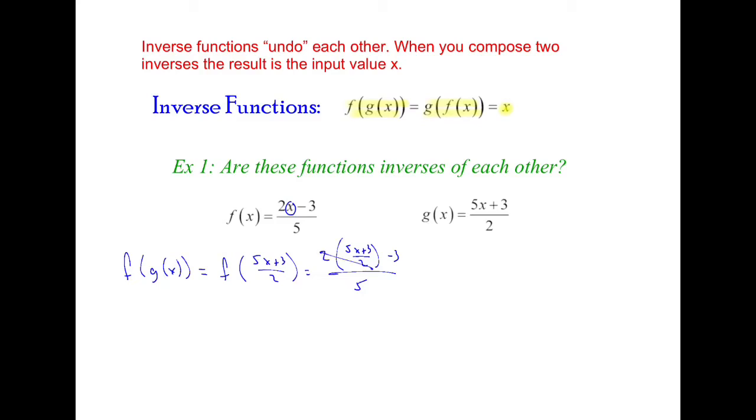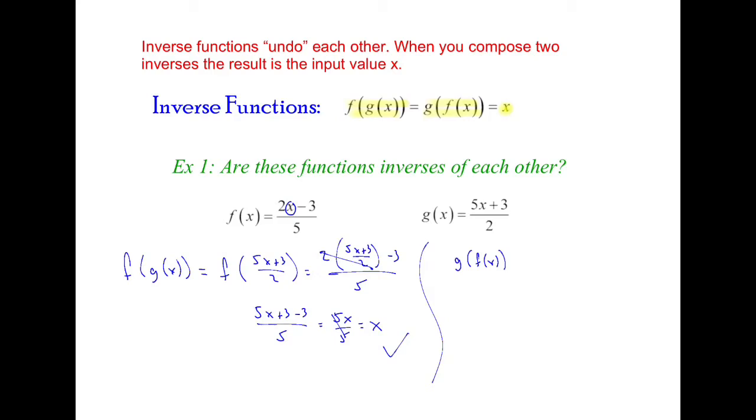Now the 2's cancel there, so that'll be left with 5x plus 3 minus 3 all over 5. The 3's cancel, and so it's 5x divided by 5. The 5 cancels, and you are left with x. So f of g of x is equal to x. So that's good. Now, if it didn't, we would be done and say they're not inverses of each other. But since they are, we will continue and find now